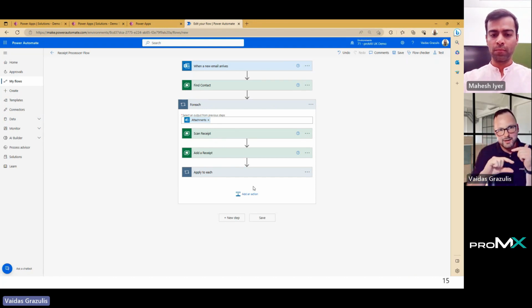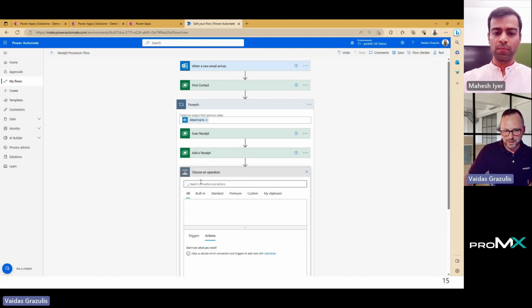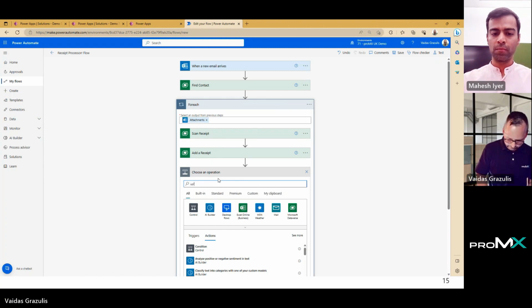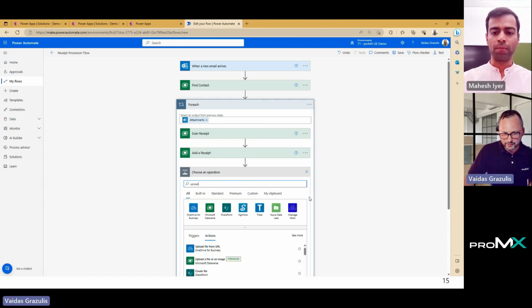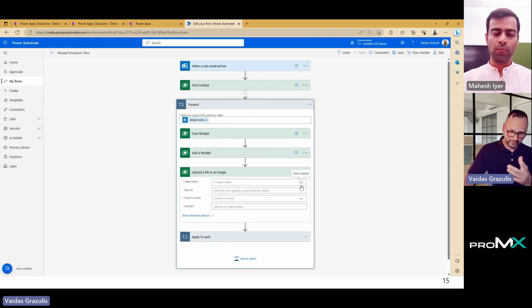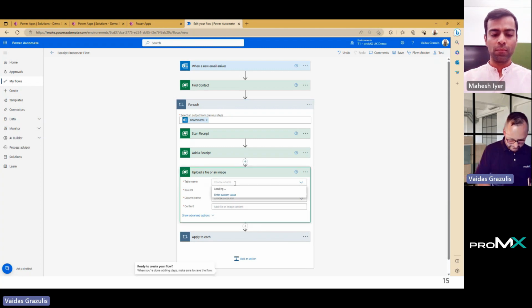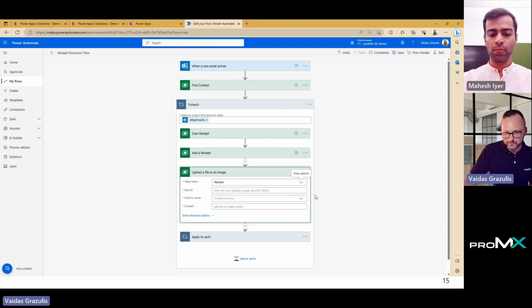Now, that file or image upload in the Dataverse, it's a two-step approach. So first we need to create an item, then we need to use an upload the file or image step. So because we say we want to store our receipts within the entity, let's choose the entity.